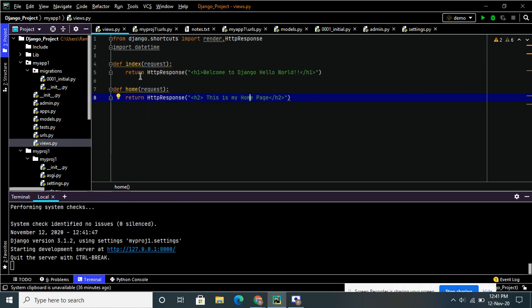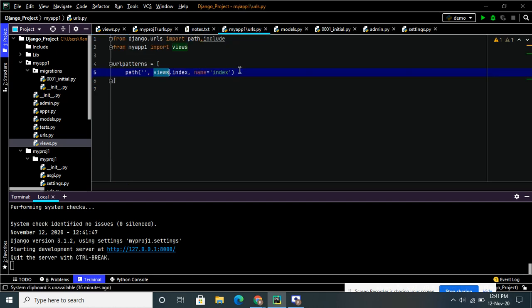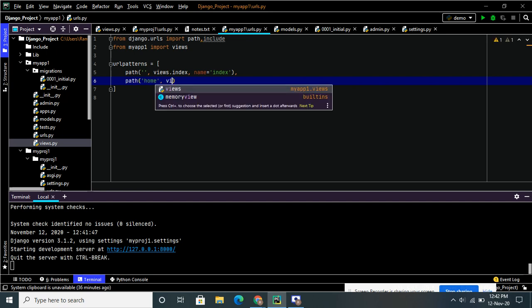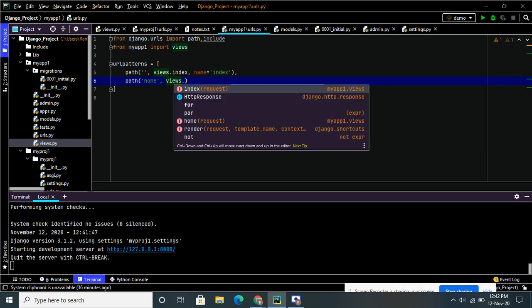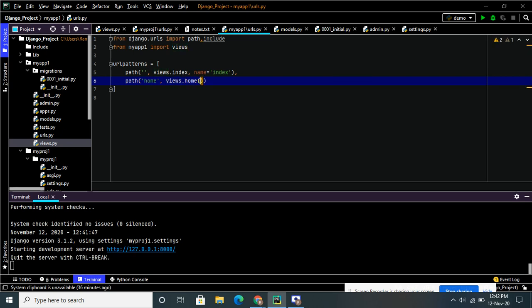If you want to access by using home, when you click on slash home, it should go to the URL, right? So we have to mention the URL here in the path. Now I have to mention the path is equal to home, so when the user clicks on home, it should check in the views file, that is views.home.